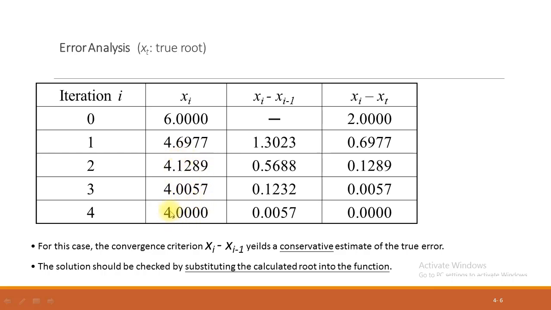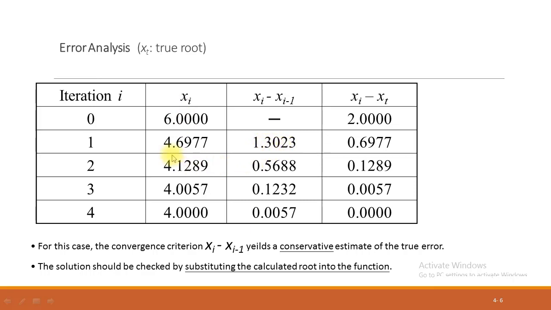So this is x0, x1, x2, x3, x4. This is a root x4, and this root satisfies the given equation, and you can find the errors by subtracting the next root from the previous root. Suppose this is x0 and this is x1. Subtract this x1 from x0, we obtain the error